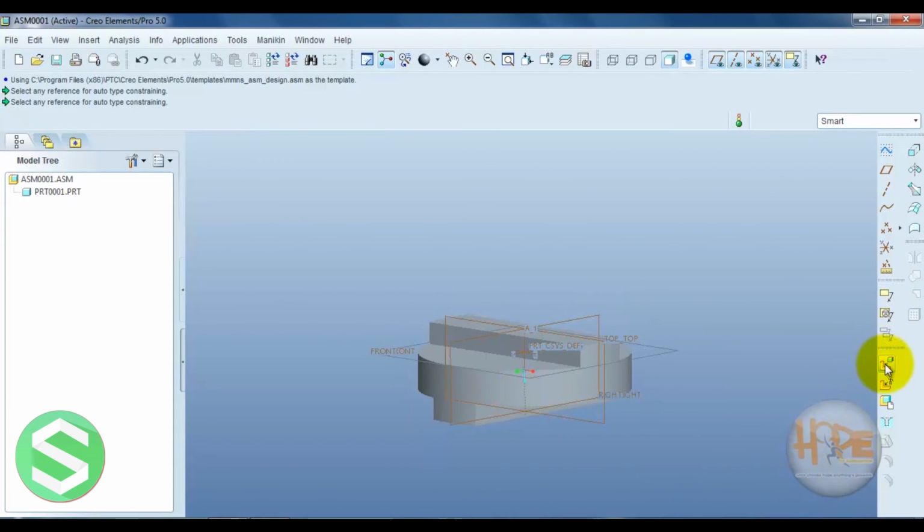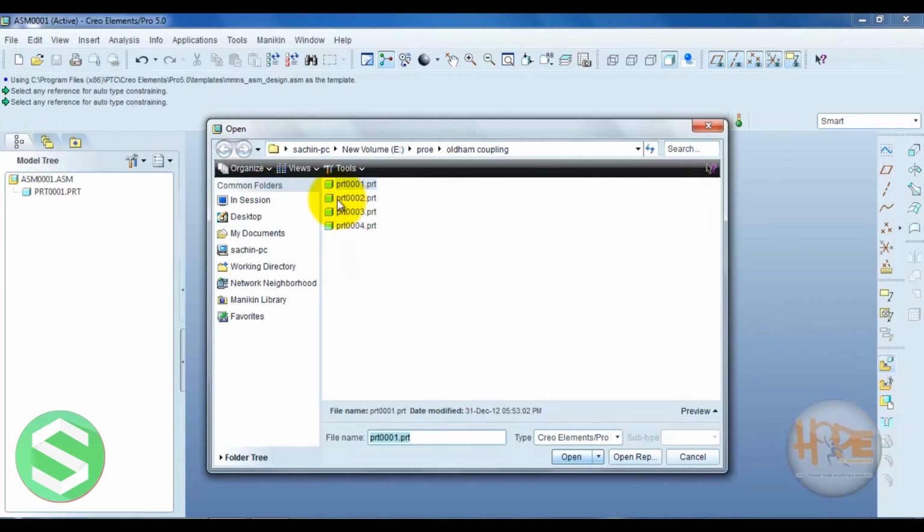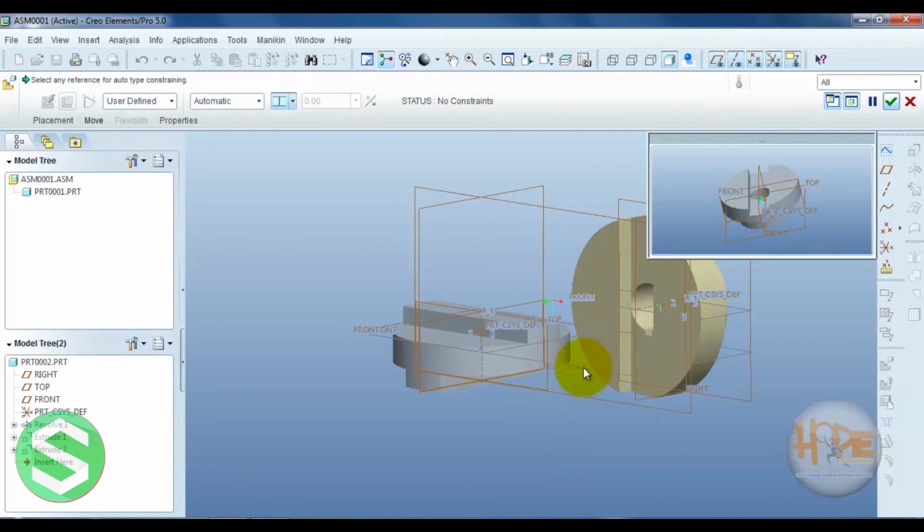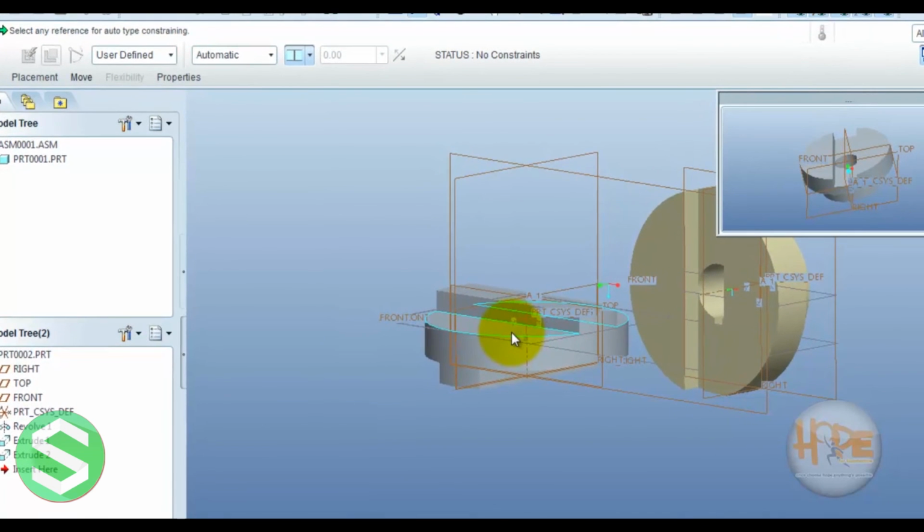Now we can assemble another part. So add a component, select the second part and open it. Now we can assemble this part on this part. For this we can apply the different constraints.